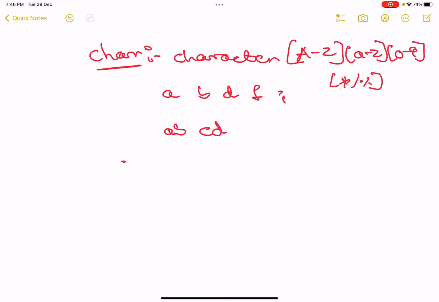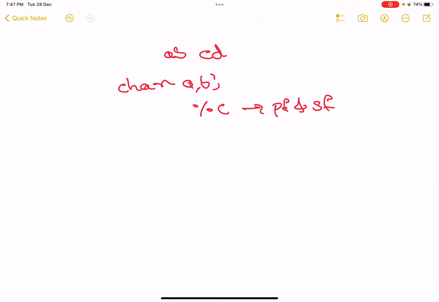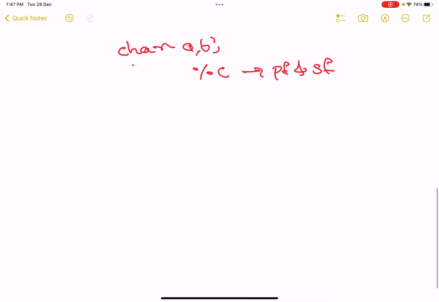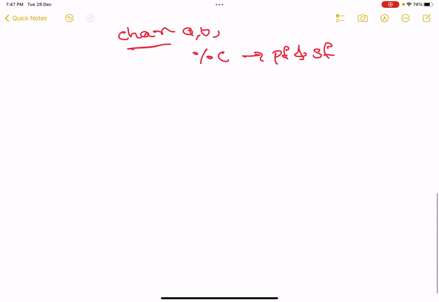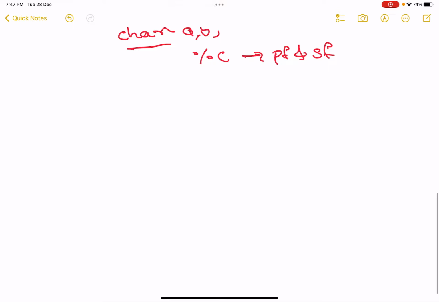And how do you initialize this? Char a, b, like this. And the format specifier is %c. You will use %c in both printf and scanf. This much is clear, I guess. Since you know character now, and if you have been watching my videos, I have done switch case for arithmetic operator in the previous video. You can watch that. Here I'll just show how to take the input in this format and change the switch.